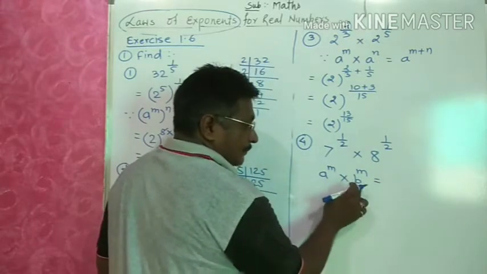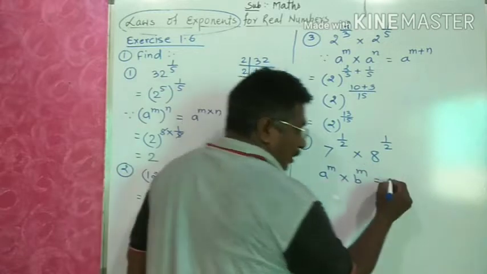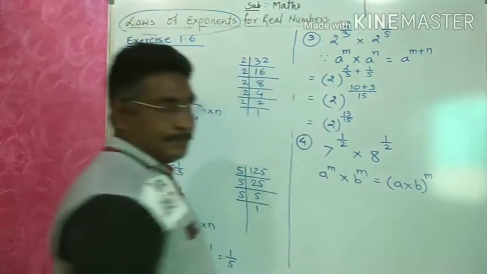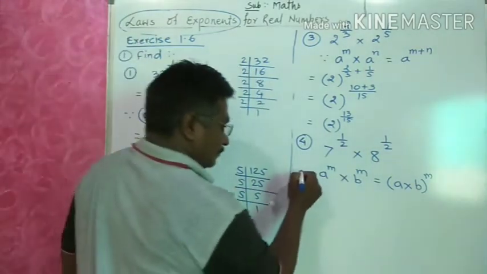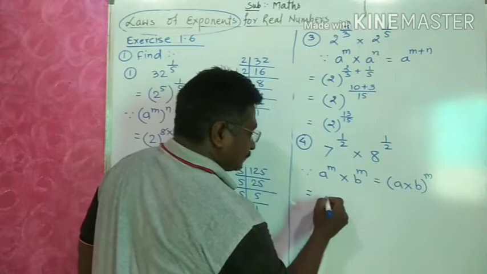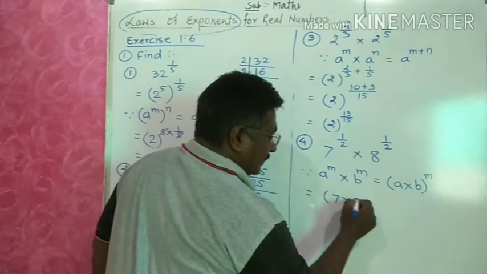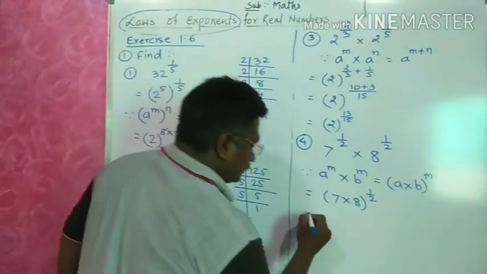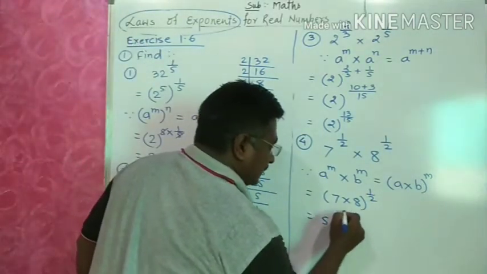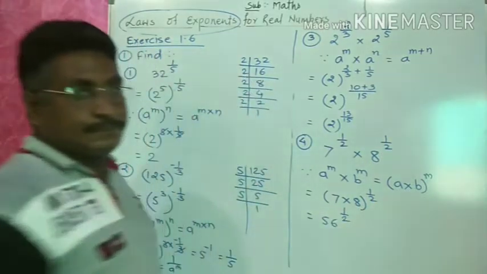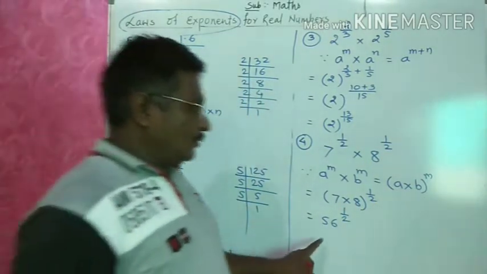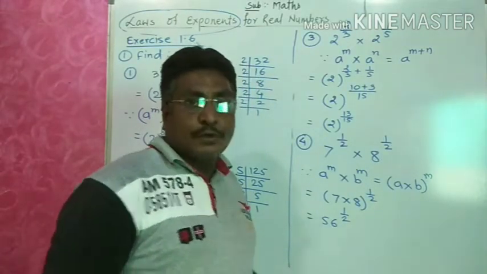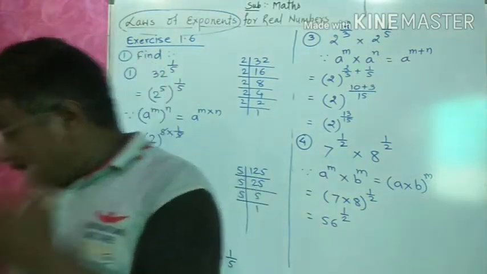Bases are not same, powers are same. So how can we write? A into b raised to the power m. So what will we get? 7 into 8 raised to the power 1 by 2. So it is 56 raised to the power 1 by 2. Hope you understand, students, how to solve. So in this way you have to complete the exercise